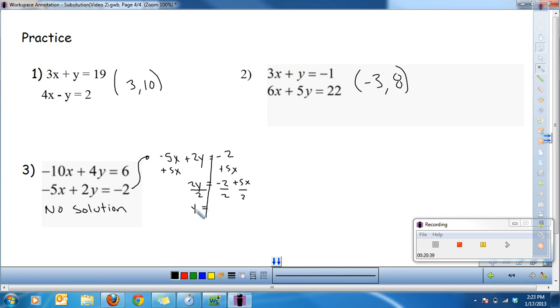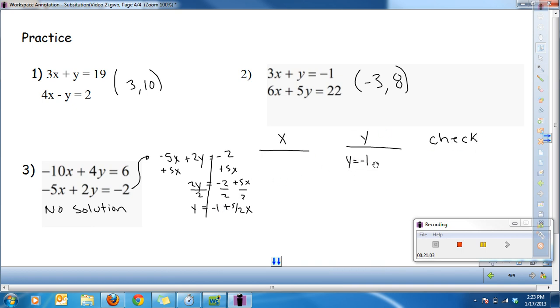So this equation rearranged is y equals negative 2 divided by 2, which is a negative 1, plus 5 over 2x. Now, let's go ahead and do this problem. We're going to solve for x, we're going to solve for y, and we're going to check. Okay? We know that y is going to be equal to negative 1 plus 5 over 2x. We know that x is going to be that other equation, negative 10x